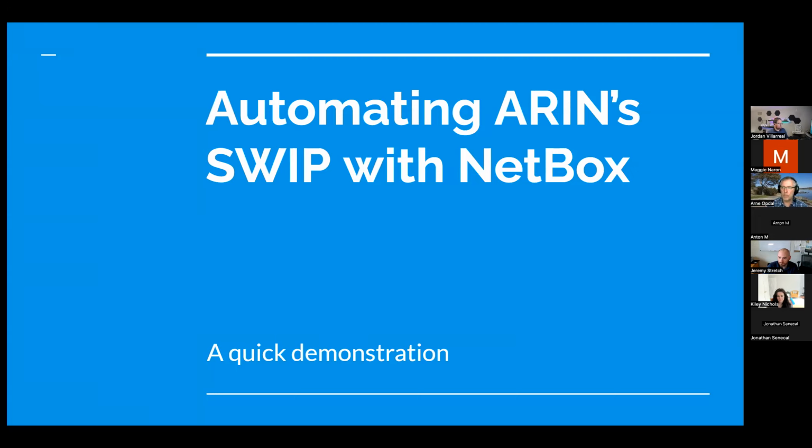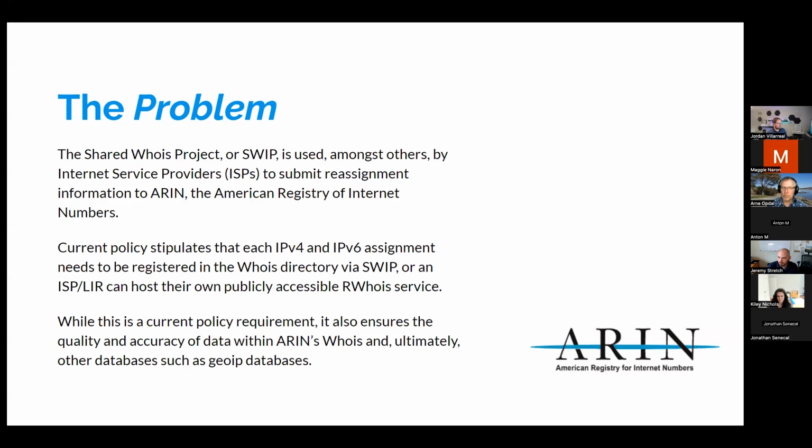the plethora of information that we need to push to third parties, such as ARIN. I don't know about your background, everybody, but ARIN is basically the authority that manages the IP space for anything that's public on the internet for Americas, so Canada, United States, and so on. And one thing that they require is to tell them about your usage of the IP space that you own. So you basically need to tell them using SWIP,